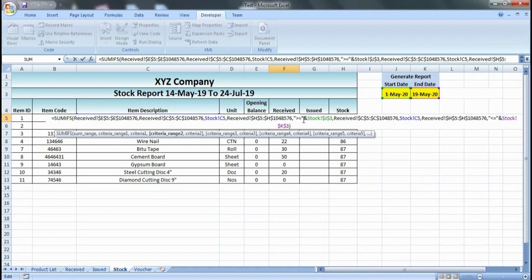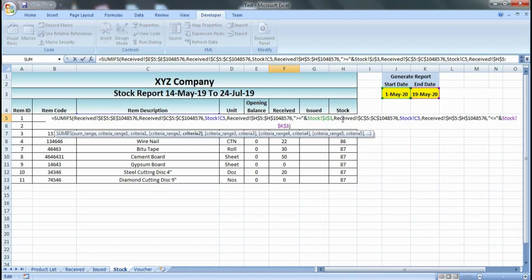So we type greater than or equal to within inverted commas, and because you are typing it within inverted commas, you have to press the and sign. Then you select this date and freeze it as well. This is the start date, and after that the first part of this formula ends here.